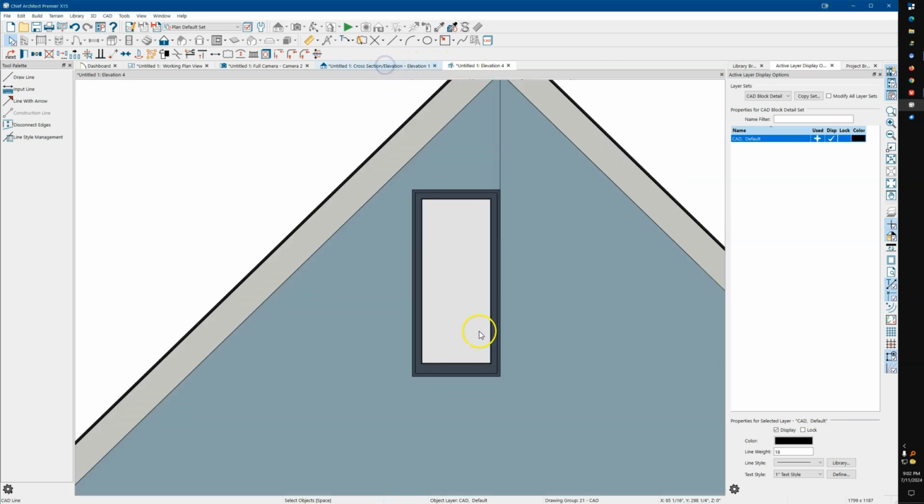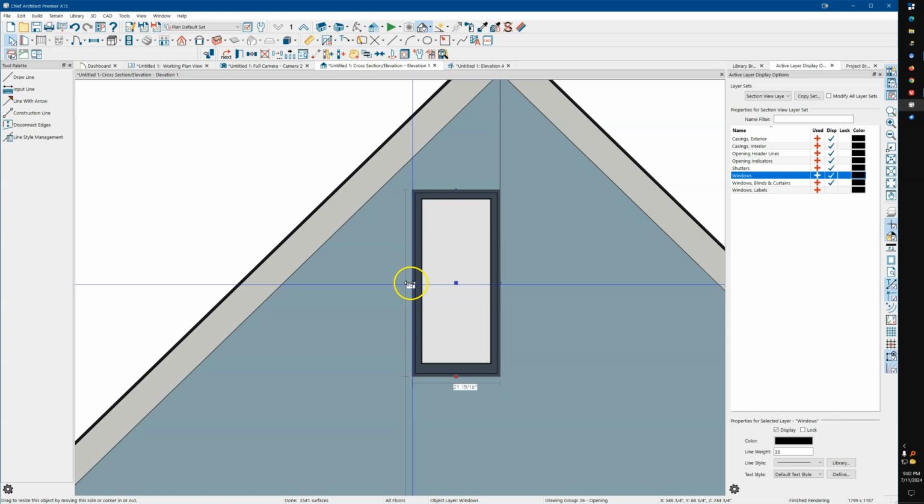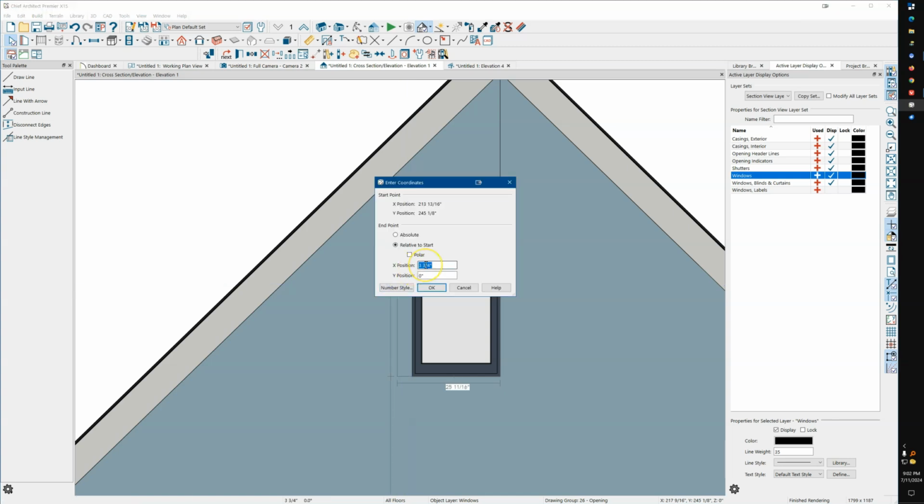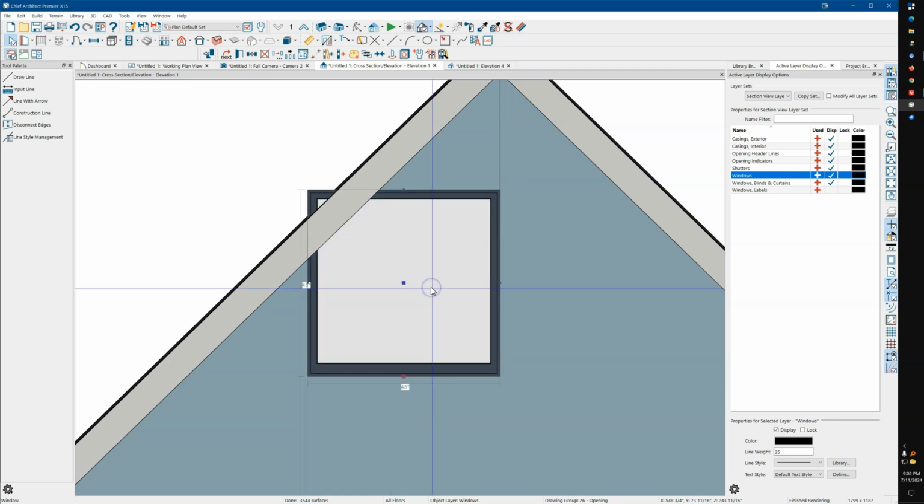Go back over here. I'm going to take this. Just start dragging that edge. Hit tab. Paste in that value. Okay. And then I'm going to, while that window's selected, I'm just going to copy it, reflect about this center line,